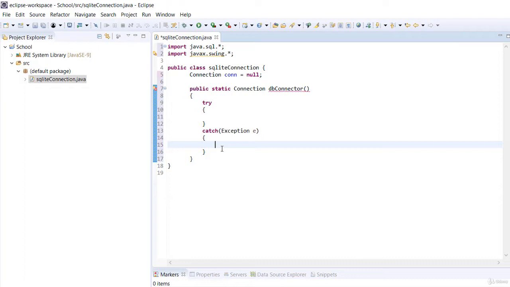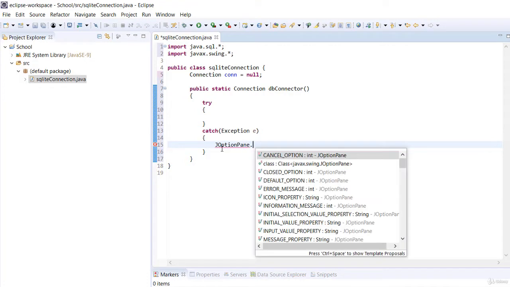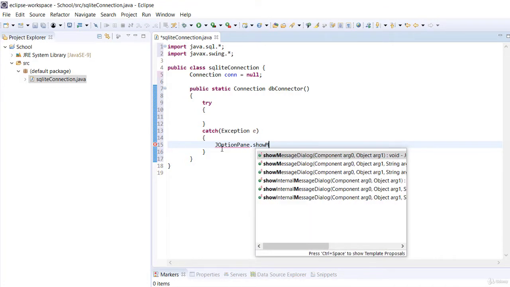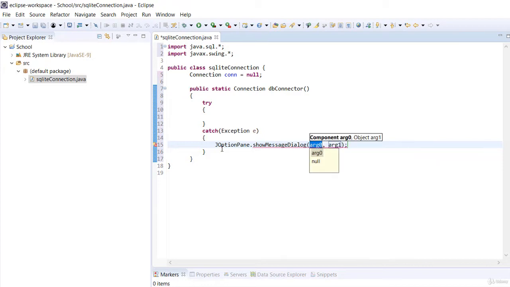Let's call that JOptionPane.showMessageDialog, and the first argument is going to be null, and the second one is going to be